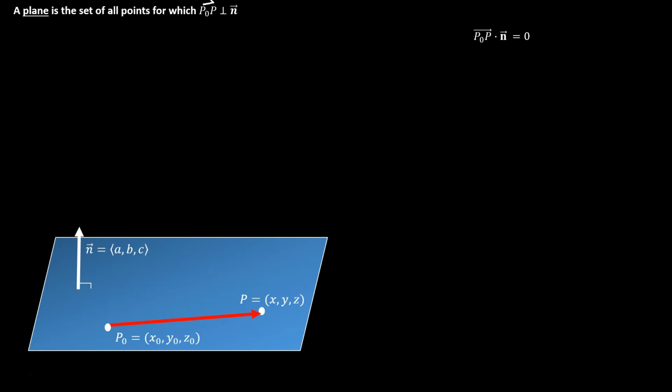If these 2 vectors, P0 to P, the red vector, and n, the white vector, if they really are perpendicular, then we know that the dot product calculated from those 2 vectors has to be equal to 0. That's one of the ways that we checked to see if 2 vectors are perpendicular. Calculate their dot product. Is it 0? Yes, then the vectors are perpendicular. If the dot product is not 0, then we know that they're not perpendicular, but we don't know anything else beyond that. So we start with our perpendicular statement, and we turn that into the dot product between the red